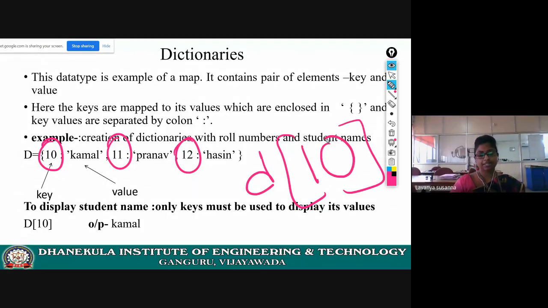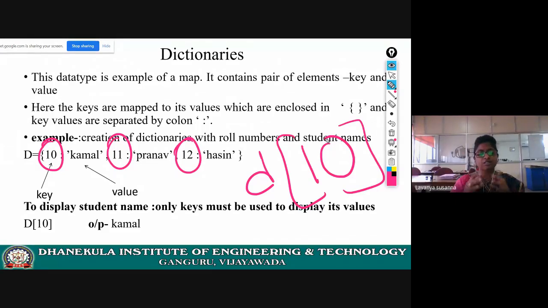For example, 10. I want to know the name of roll number 10. Now, D of 10. What output will you get? The value, Kamal.